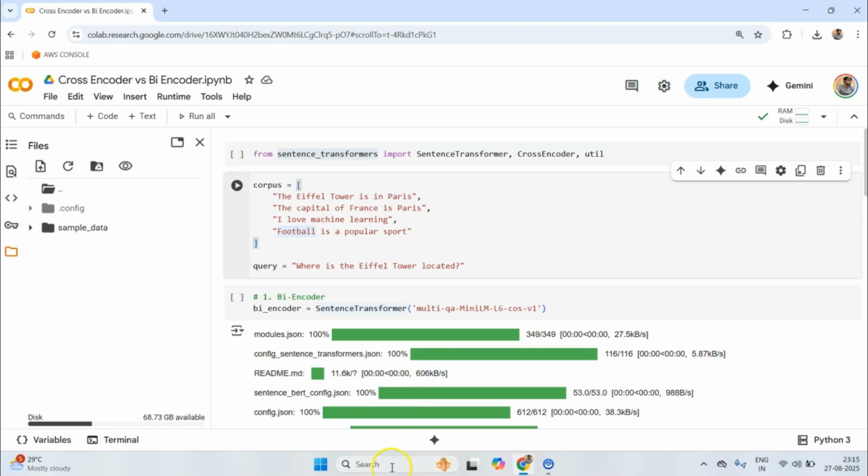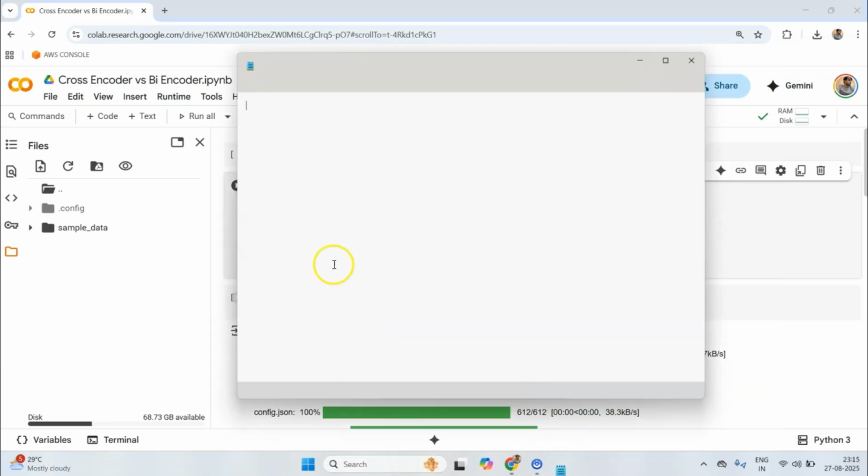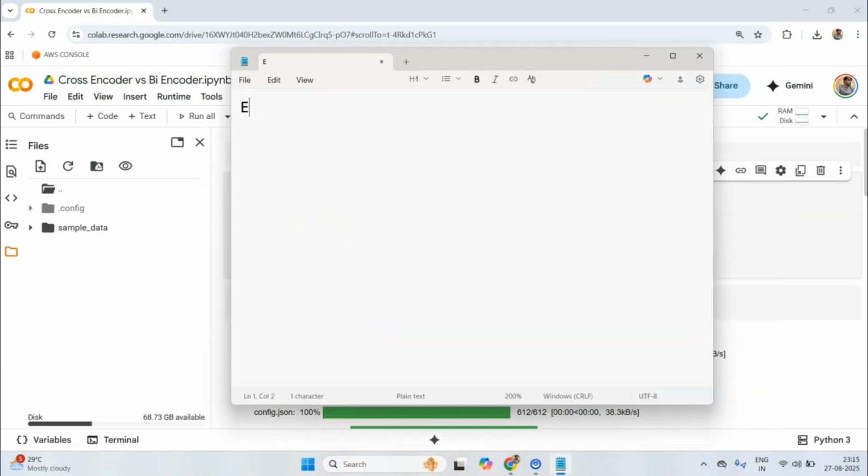So briefly, first of all, let's discuss how encoder models work. Encoder models are essentially neural network models based on the BERT architecture. What encoder model implies is that they take a text, and they can take anything, but they take a text just to make the concept clear. They encode it in some representation, and that encoding can be in the form of a vector or even a number.